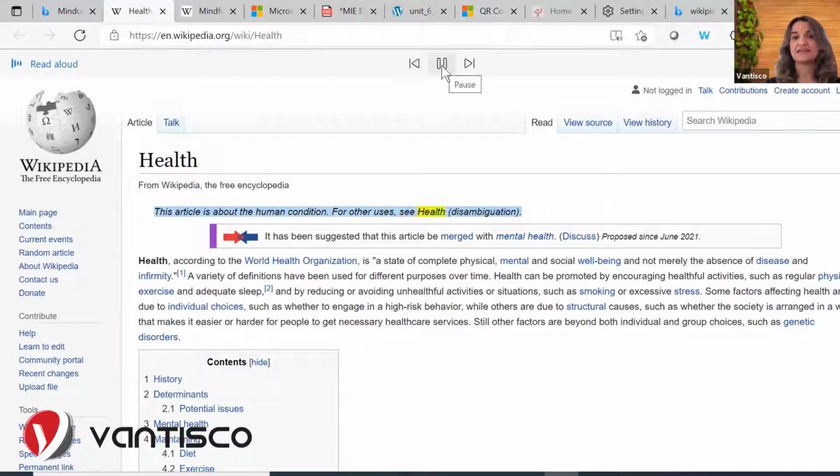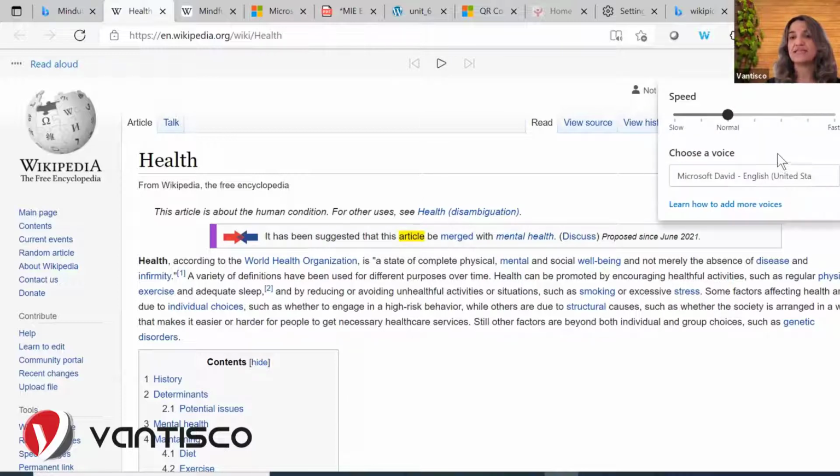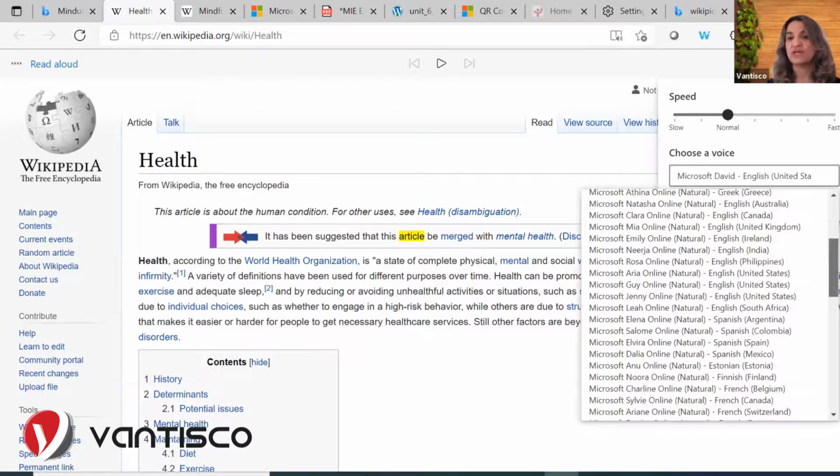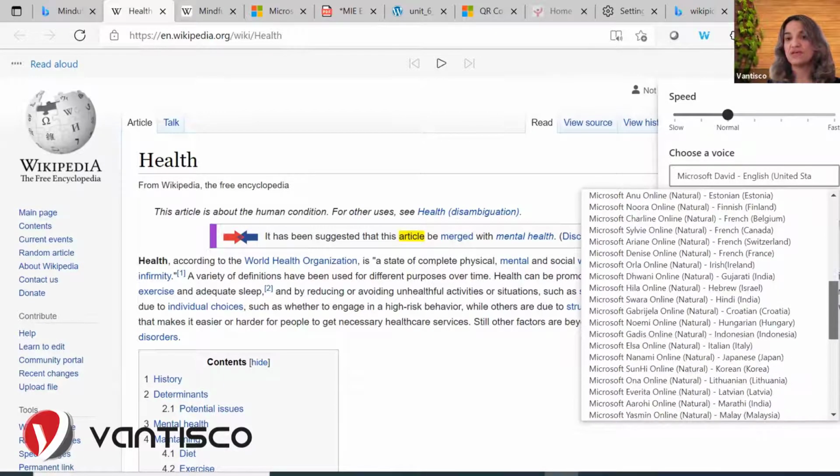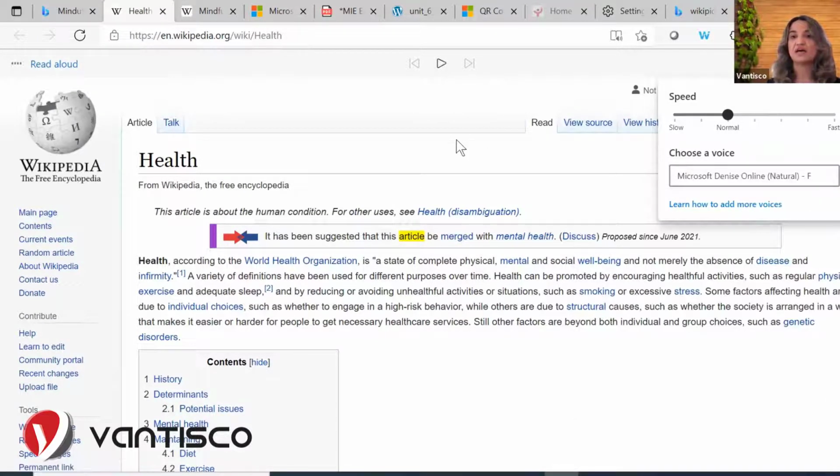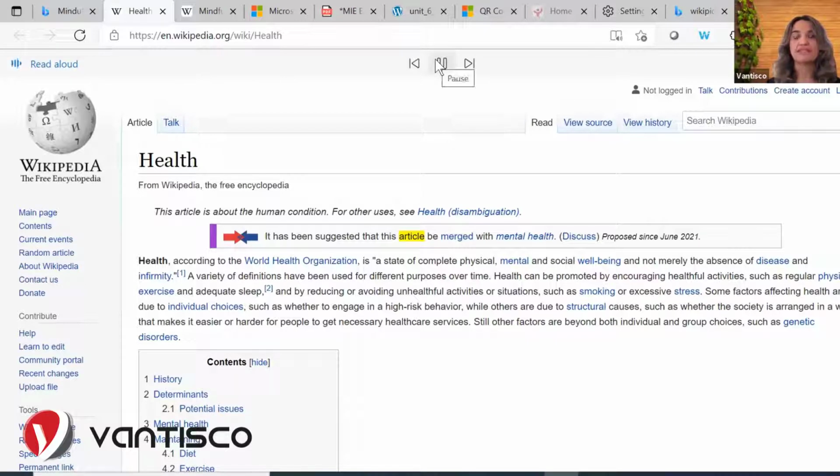Okay, so I can pause, and I can also go to voice options. As you can see here, you can increase the speed or make it slower. You can choose any other voice. Maybe if you want to select something in French or Italian, it's up to you. In Arabic also, we have it here, you can give it a try, but now in